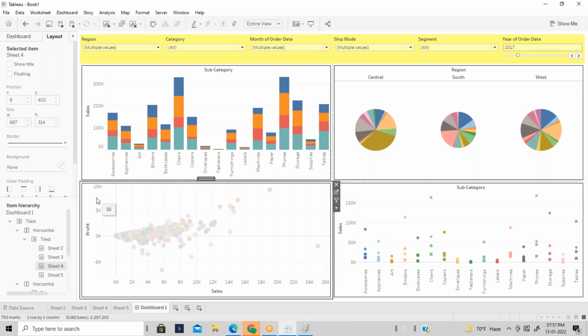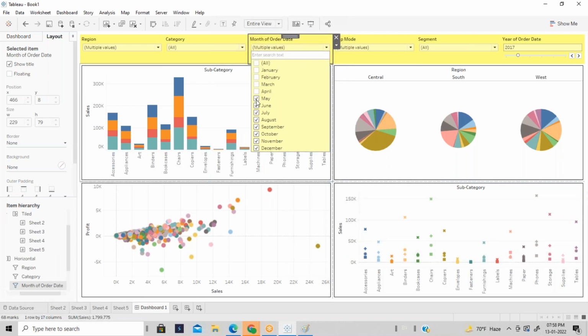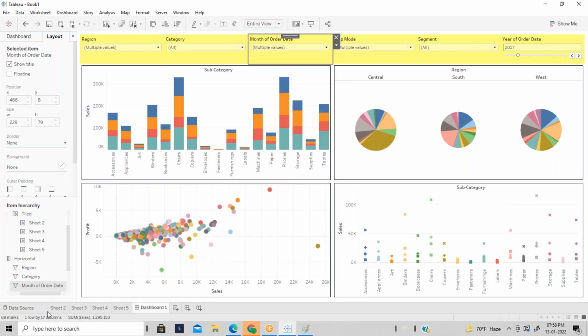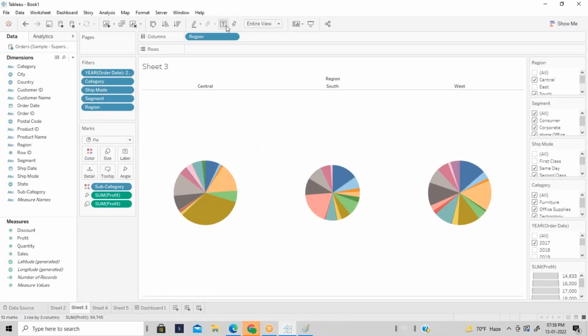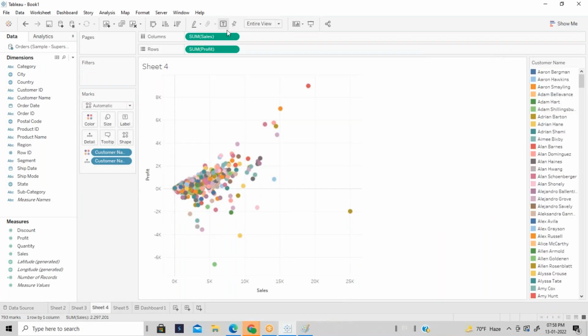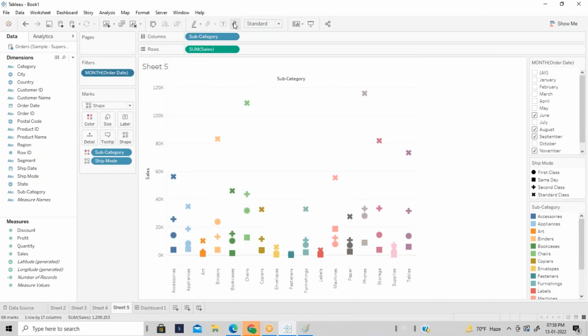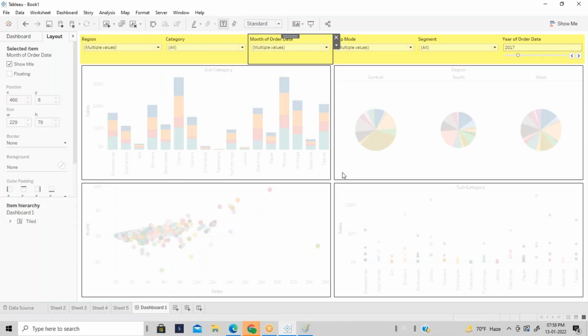Now guys, see, based on the values I selected, only that list should appear. So now I am going to select the particular months where the values are going to change. Let me just show the label. So how to show the label? You can just click on here, it will show you the label. Come back to the dashboard.